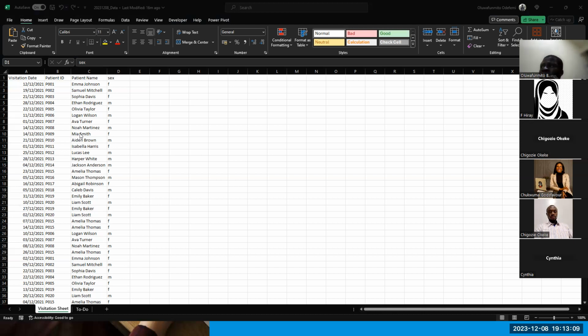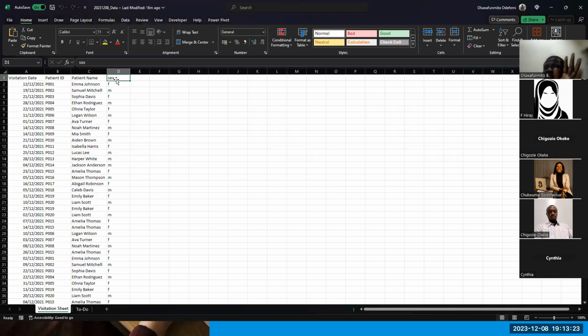Today we are going to be building a small dashboard. So as you can see, there are two tabs on this sheet. We have a hospital visit sheet. By the way, this is just made up data. This is not real. This cannot even be real data. By the time we are done with analyzing this, you'll see that this cannot be real data. So we have patient names, and then we have visitation dates. It's supposed to sort of be a data set where patients routinely visit a clinic, maybe for whatever reason. They basically just visit